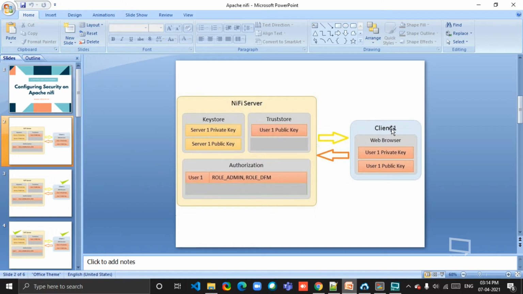The truststore is for trusting the client. So for every client which you want to give access to the NiFi server, you just have to place its public key, the public key generated on your client, that is your desktop. So you will copy this public key and